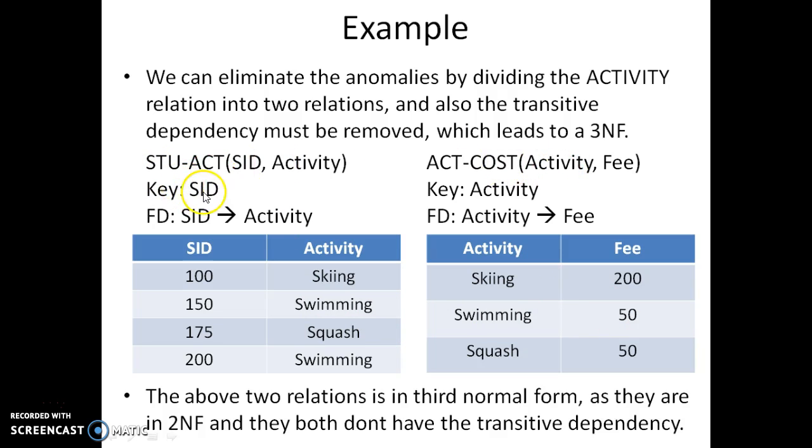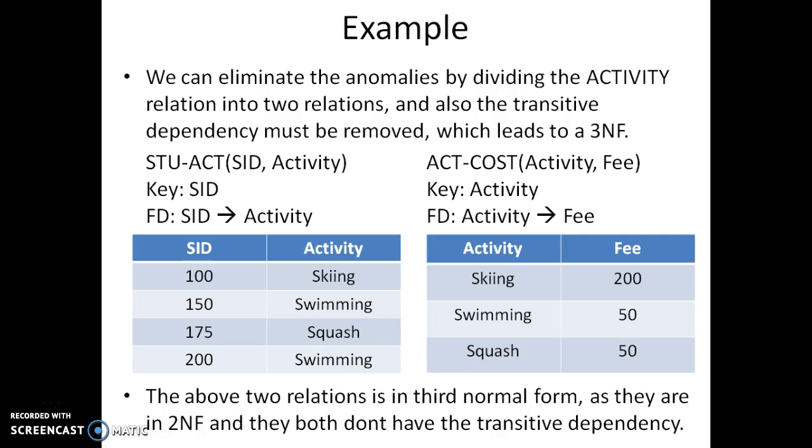In the first table, SID will be the key attribute. In the second table, activity will be the key attribute. Here the functional dependencies are: SID functionally determines activity, and in the second table, activity functionally determines fee. The requirement of the third normal form is that there should not be any transitive dependency, but to satisfy the condition